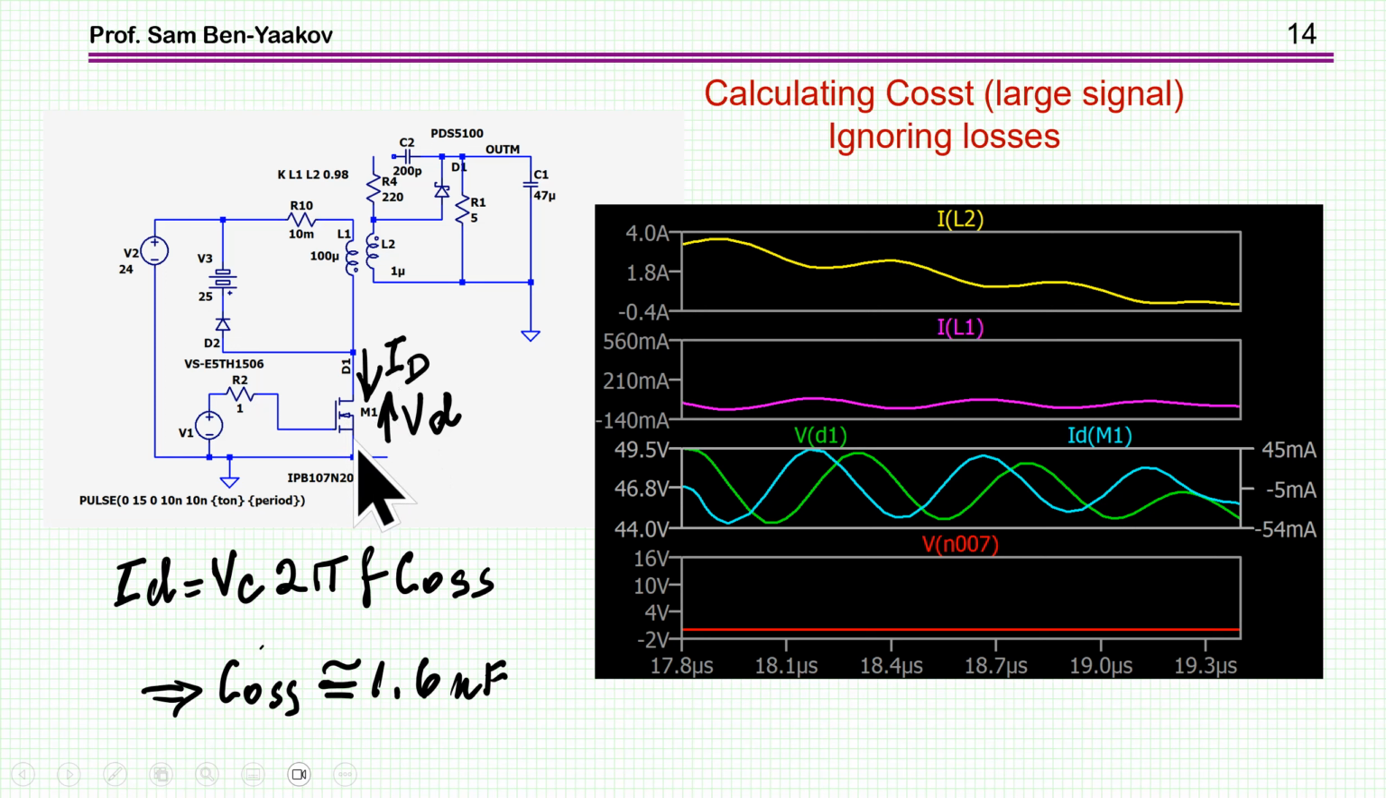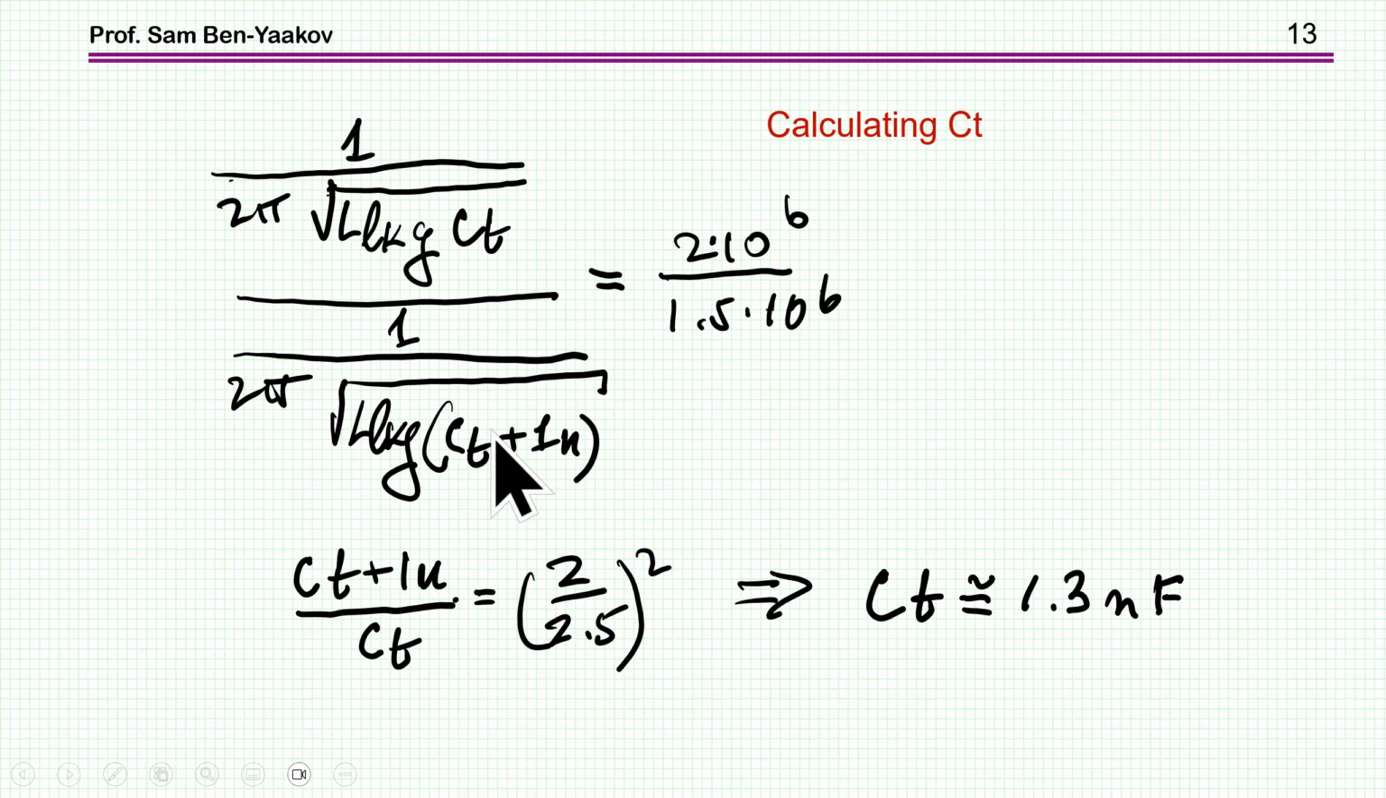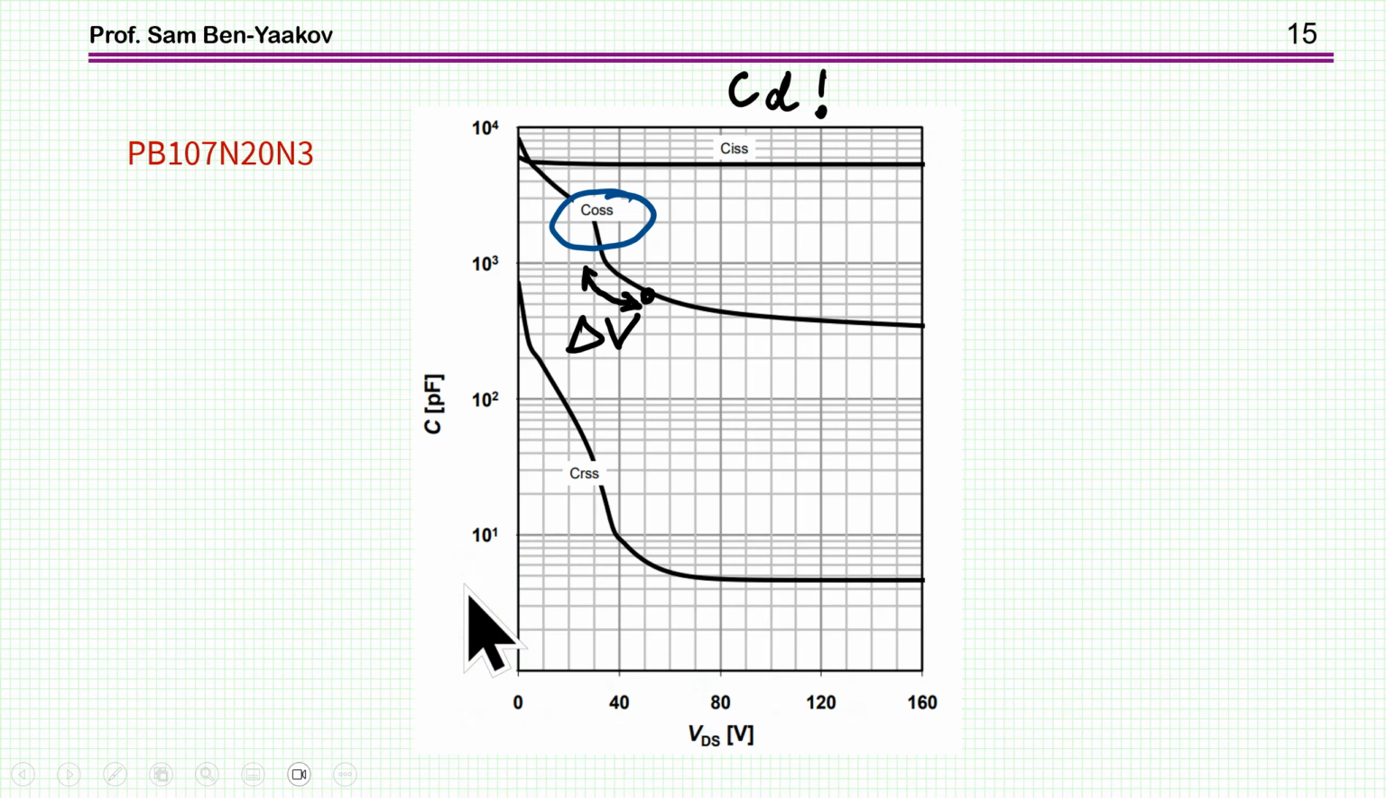So from the current going through the transistor and the voltage across it, which I'm showing here, this is the current and this is the voltage. Assuming that they are again 90 degrees apart because of the phase shift of the capacitance, and looking at the amplitude, I can actually extract the capacitance. And the capacitance comes to be 1.6. Well, it's not exactly what I found. I found 1.3 for the total, but it's pretty close